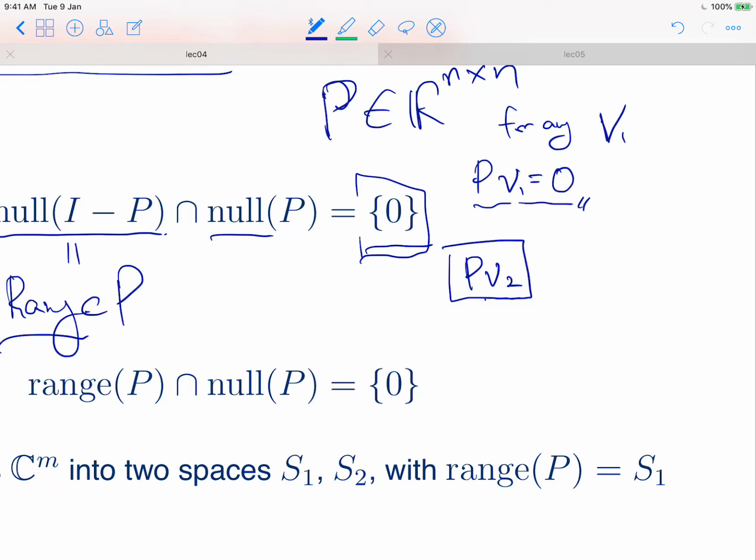And then this vector should also be in the null space, which means that this guy times this